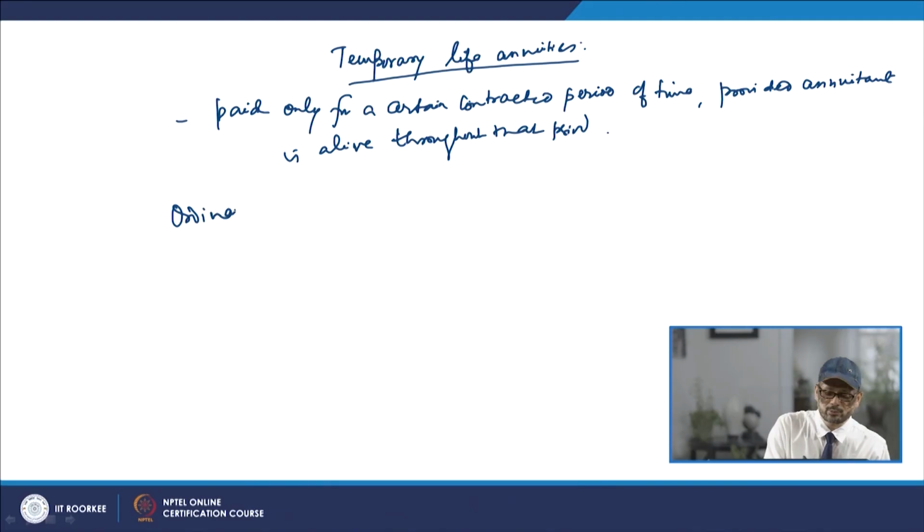When the person dies, the payments will cease. Now for the ordinary temporary life annuity,